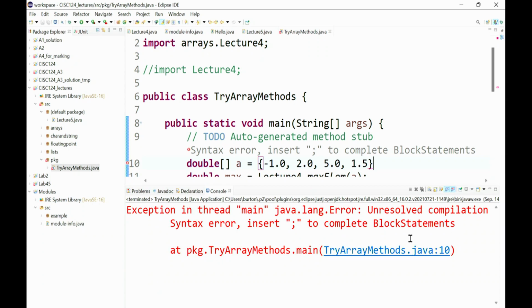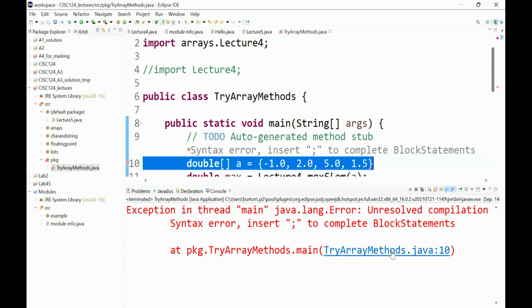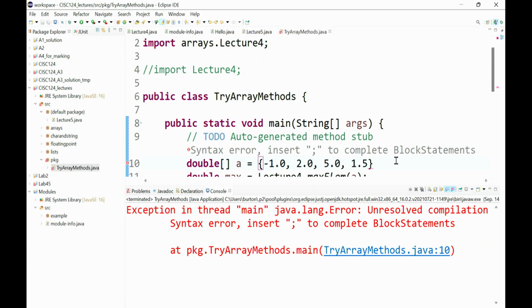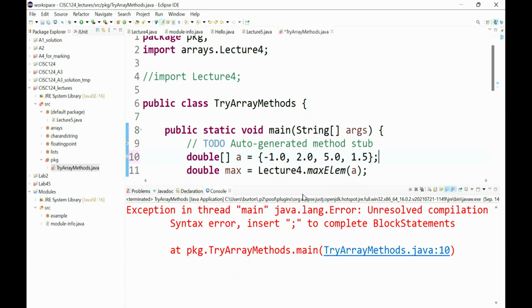It says that there's an unresolved compilation problem: syntax error, insert a semicolon to complete a block statement. It tells you where the error occurred, that there's a problem on line 10. If you click on it, it'll even take you to line 10, so you just go there and say, oh, I'm missing the semicolon. And so you stick in the semicolon,